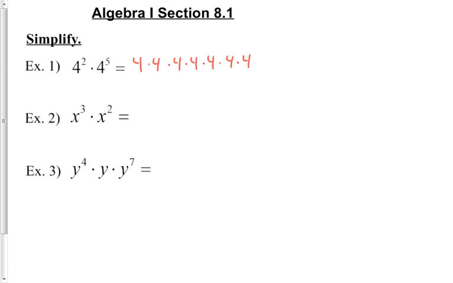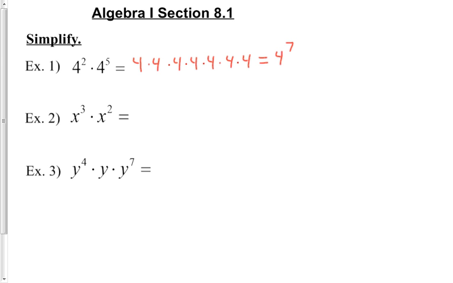So altogether, we've got 1, 2, 3, 4, 5, 6, 7 fours all being multiplied together. So that would be equal to 4 to the 7th power. And for now, we're just going to leave it that way for this first section, 4 to the 7th power. So you multiply, and basically, that means you're just going to raise it to that power, how many times you're